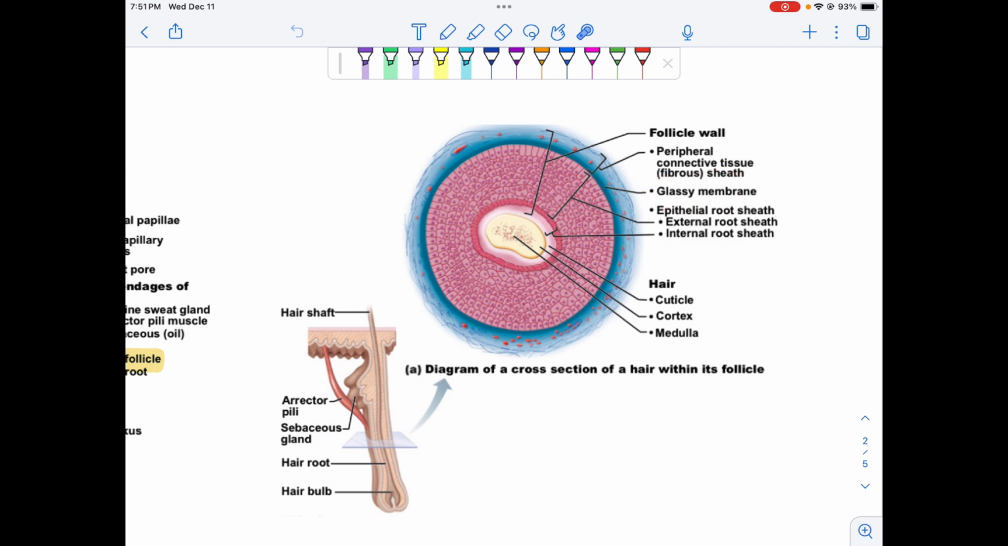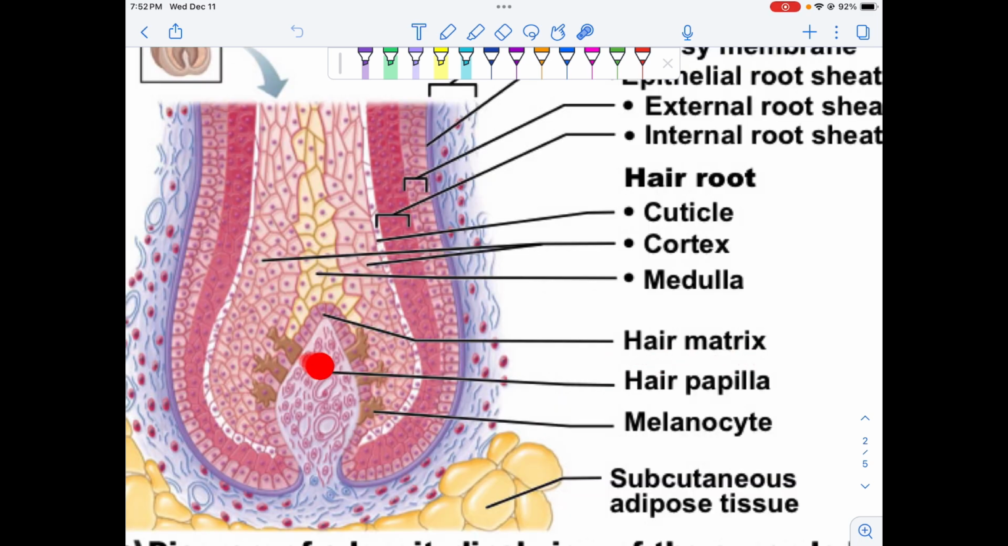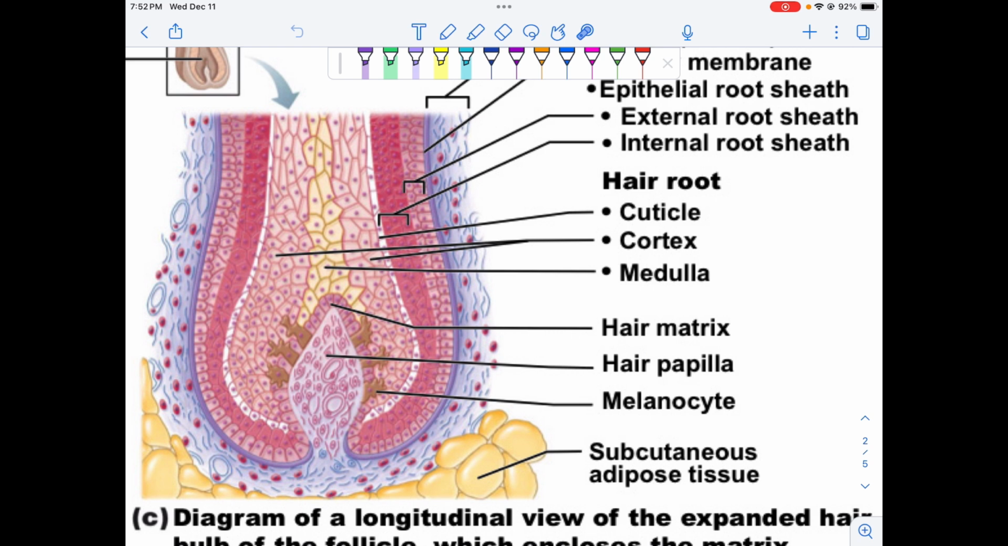The middle layer is made up of the glassy membrane, and the inner layer is the epithelial root sheath, including the external and internal root sheath. The hair bulb is the living part of the hair and contains touch receptors and the hair matrix. The hair matrix is the name for the area of stem cells that are actively dividing to create new hair cells. Papilla are composed of dermal tissue and supply blood for hair nutrients and signal the hair matrix to divide